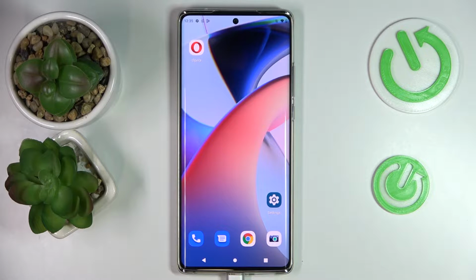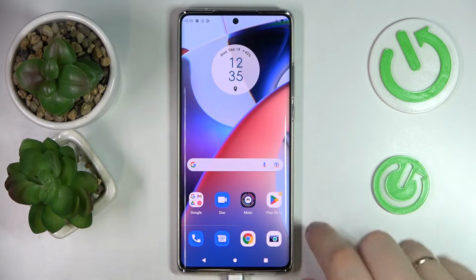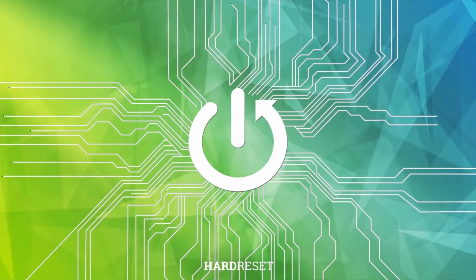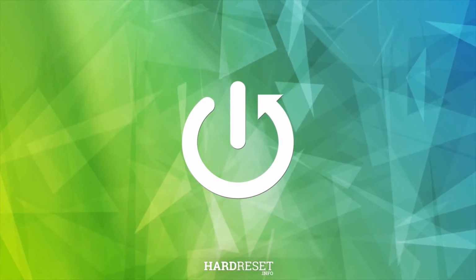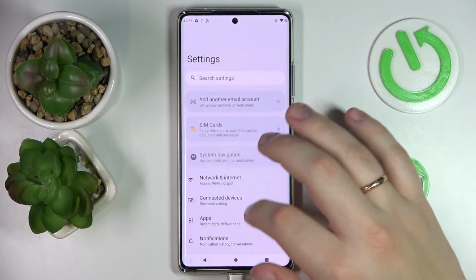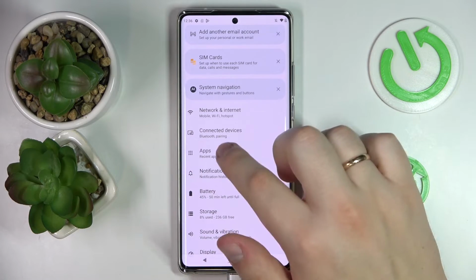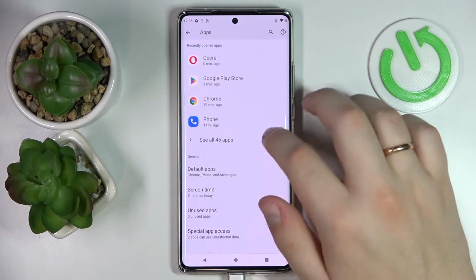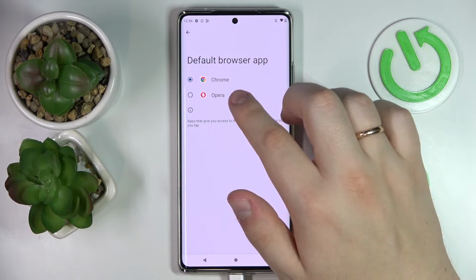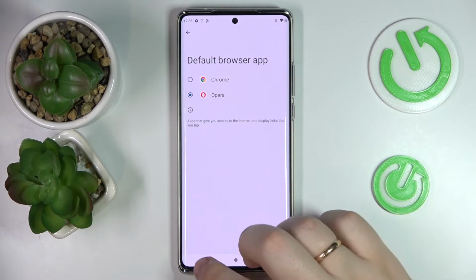This is Motorola Edge 30 Ultra smartphone, and today we would like to show how you can set Opera as your default browser on this device. So first of all, launch the settings. In the settings you want to enter the apps category. Next, go for the default app section, browser app, and in here simply select Opera, therefore setting it as your